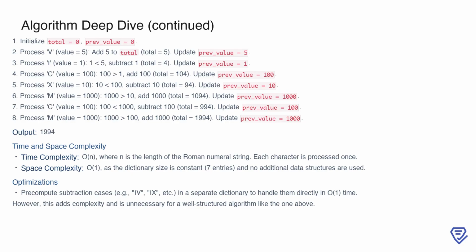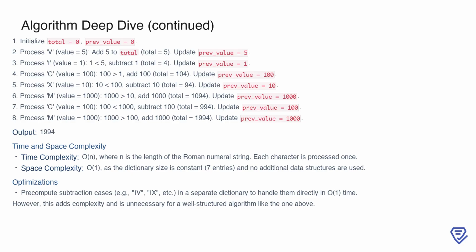Next, we process C, valued at 100. As 100 is less than prev_value, 1000, we subtract it, resulting in 994, and update prev_value to 100. Finally, we process M, with a value of 1000. Adding it gives us the final total of 1994, which is returned as the output. In terms of complexity, the algorithm runs in O(n) time, where n is the length of the input string, and O(1) space. While optimizations like pre-computing subtraction cases can be applied, they add unnecessary complexity and are not needed for